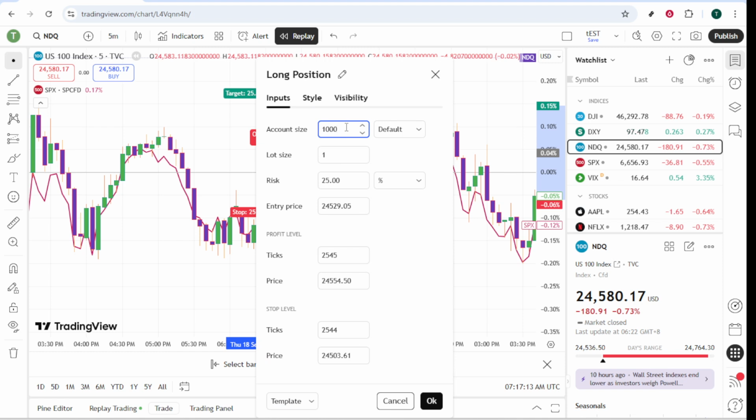And there you have it. By following these steps, you now know how to use TradingView's position size calculator to determine the correct lot size for your forex trades. Remember, precision in setting your lot size can make a significant difference in managing your trading risk